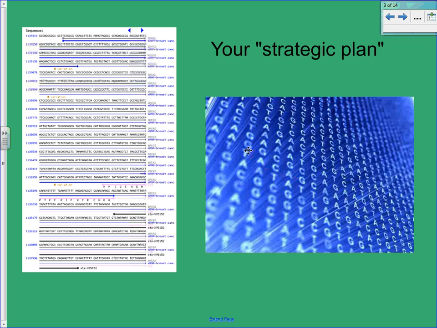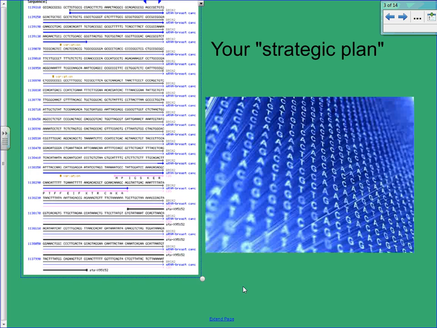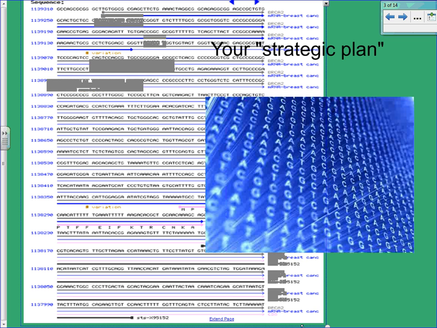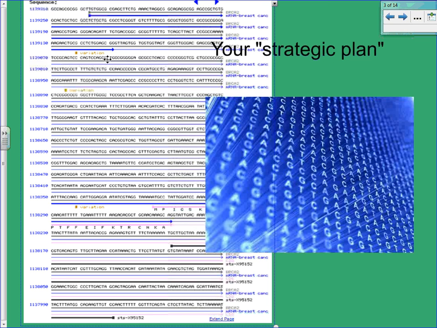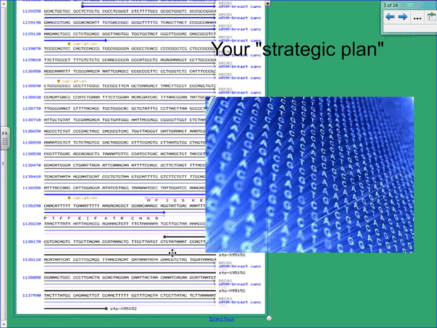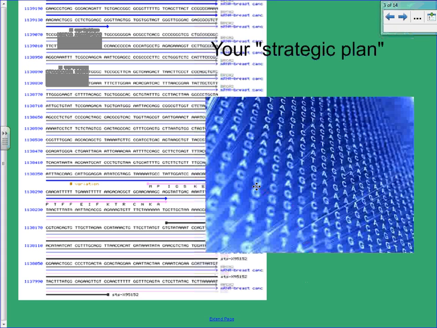But this is done using just 4 letters, A's, T's, C's, and G's. Here's a diagram. This is actually a sequence from somebody's DNA, where you can see there's all these A's, T's, C's, and G's put here. And believe it or not, those 4 letters can code for every single protein that needs to be made to determine your traits. Remember, we learned that proteins are responsible for controlling chemical reactions in cell processes, as well as various other functions in the body, like structural components as well. And so proteins really are what determine most of your traits, and DNA codes for all of that,